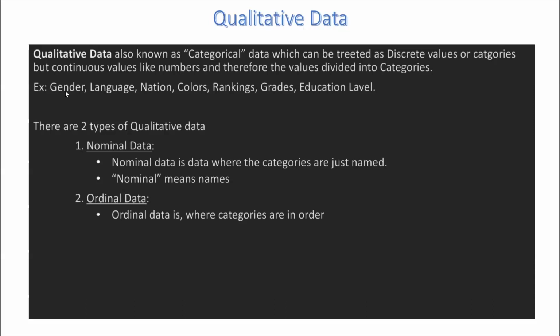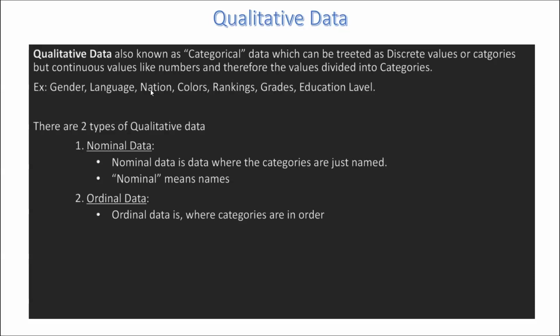Gender. In gender, we have different categories, right? The person is male or female. And language: which language you can speak, what is your native language, and which language you are most comfortable communicating in, right? Whether it is English, Hindi, Telugu, Tamil, Malayalam, whatever the languages. These are different, and there is no ranking between each and every language, right?